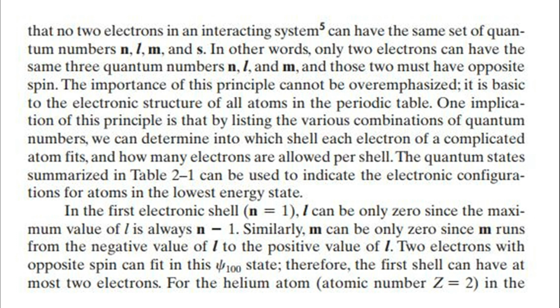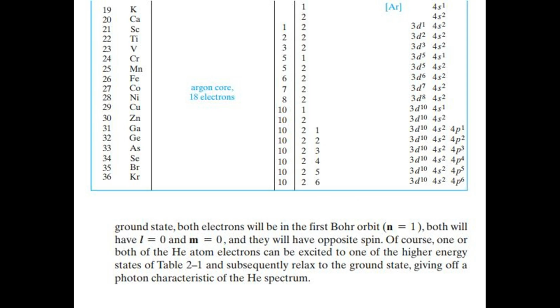energy state. In the first electronic shell, n equals 1, l can be only 0 since the maximum value of l is always n minus 1. Similarly, m can be only 0 since m runs from the negative value of l to the positive value of l. Two electrons with opposite spin can fit in the 100 state, therefore, the first shell can have at most two electrons. For the helium atom, atomic number Z equals 2, in the ground state, both electrons will be in the first Bohr orbit, n equals 1, both will have l equals 0 and m equals 0, and they will